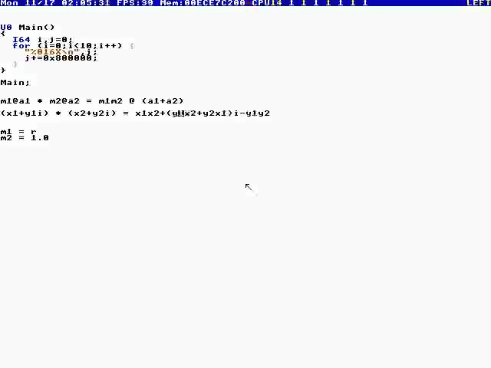So if you do the math, you get complex numbers like this,